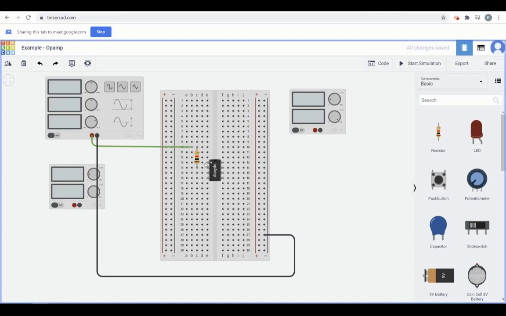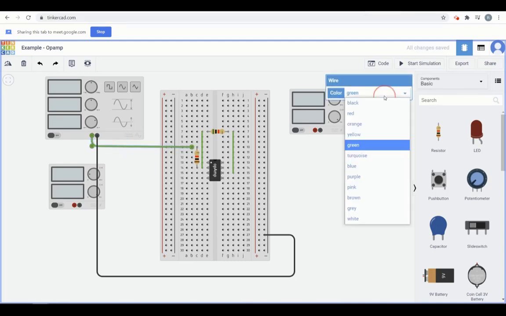Next, what do I need? I need RF. RF should be 5 kilo ohm. Let me call it RF. This should go between what and what? 2 and 6. So I can't bring it from here, so let me just connect it somewhere here, and this needs to go to 2. And this needs to go to 6. What is 6? Output. This is the output. This is done.